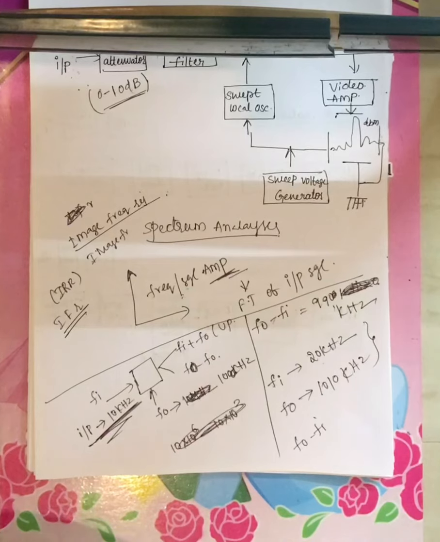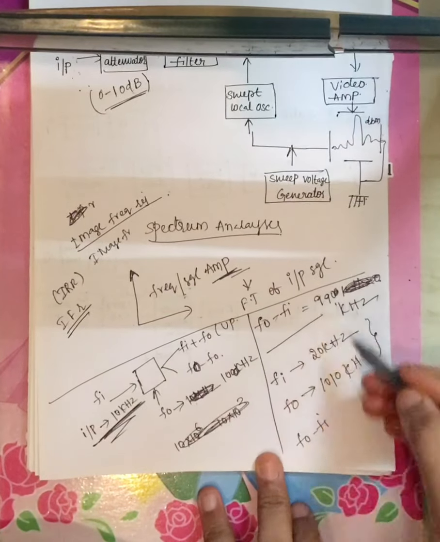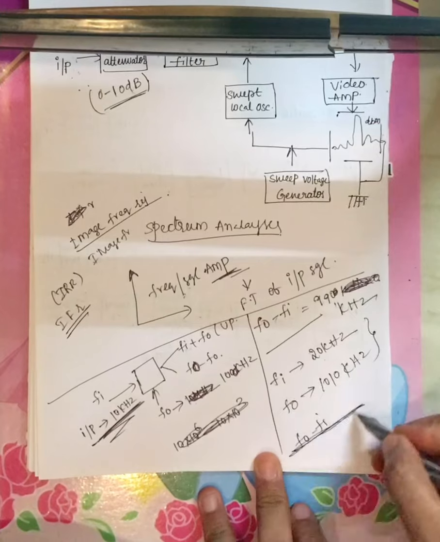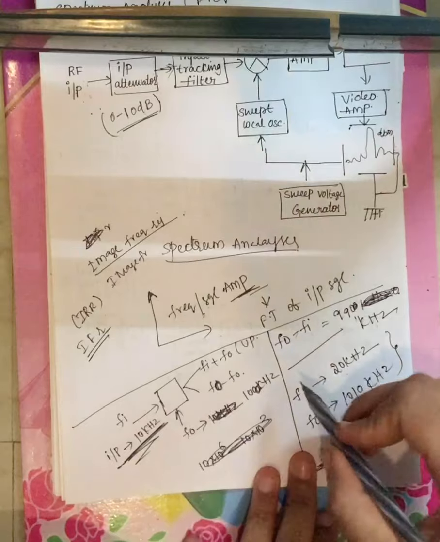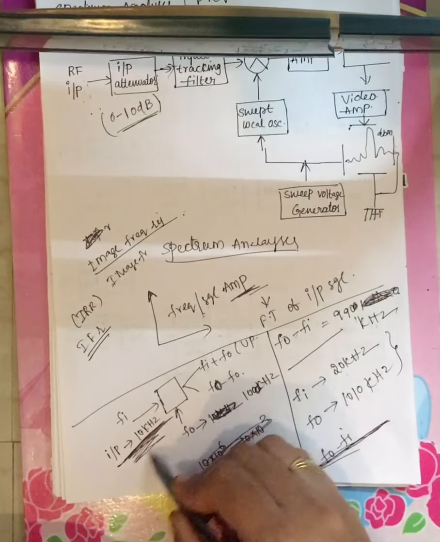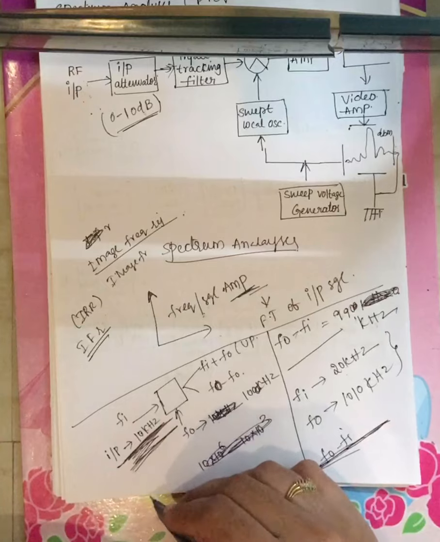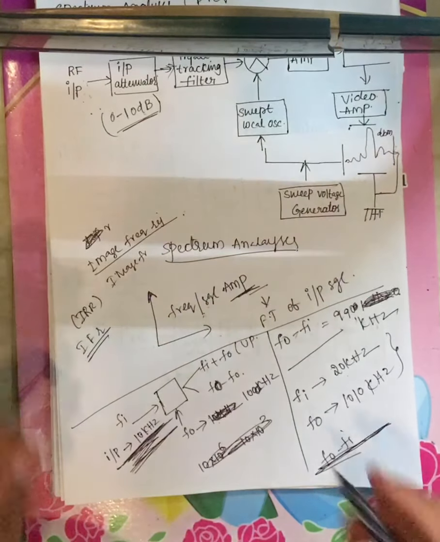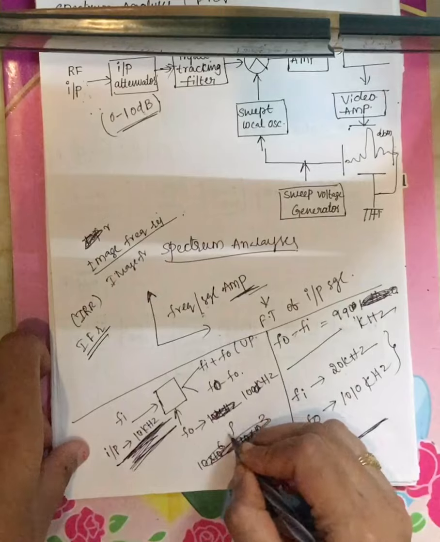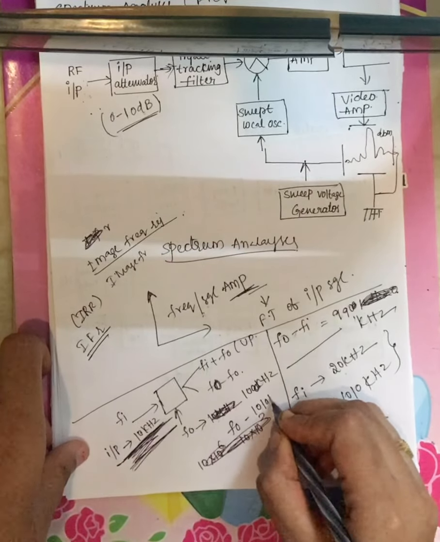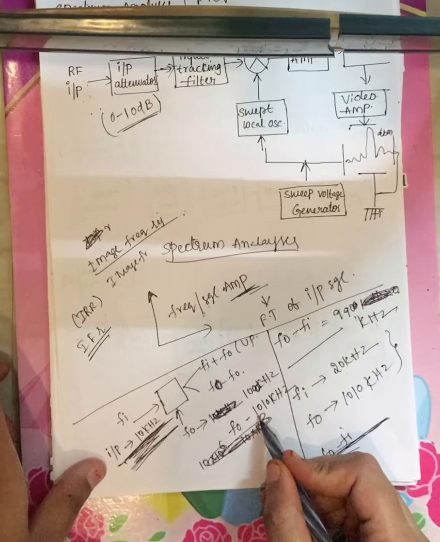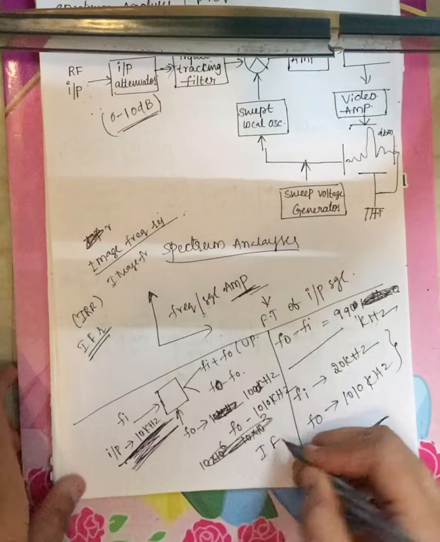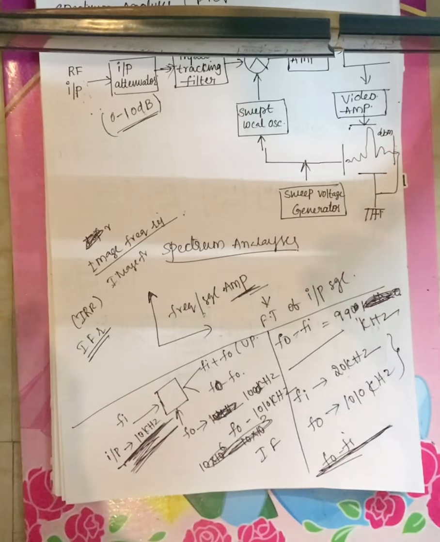For this case also you are getting the same intermediate frequency. The actual signal is this one, but you are getting an image of that particular intermediate frequency. That's why it is called image frequency rejection. The actual signal that I want to transfer is 10 kilohertz. For the same 10 kilohertz, if the local oscillator frequency is 1010 kilohertz, you are getting the same IF. One signal I want to transfer, but you are getting the same intermediate frequency for it.